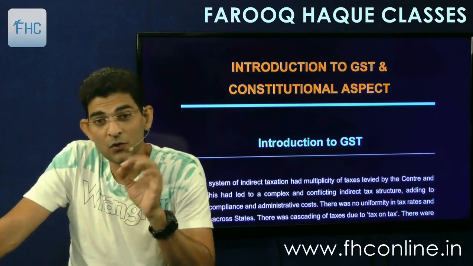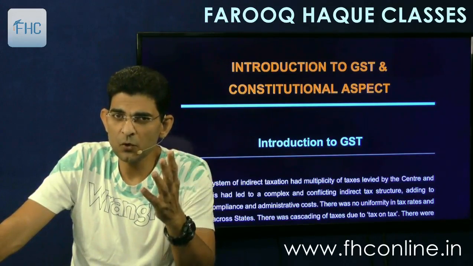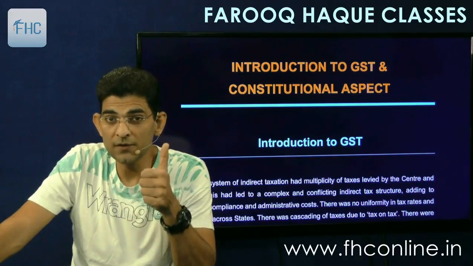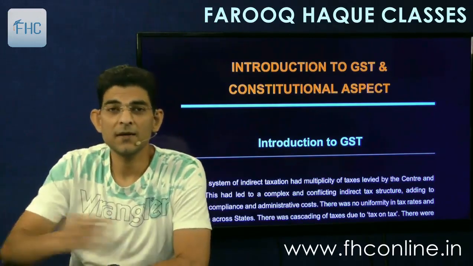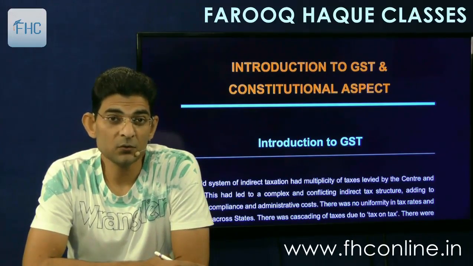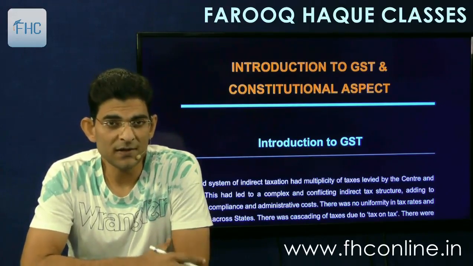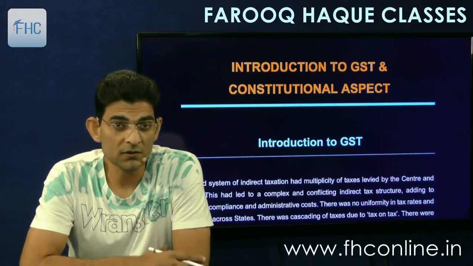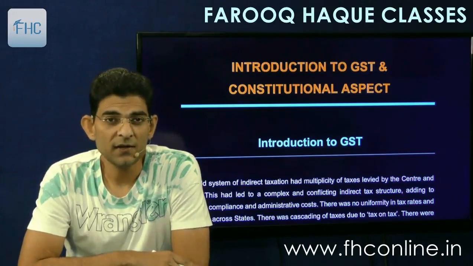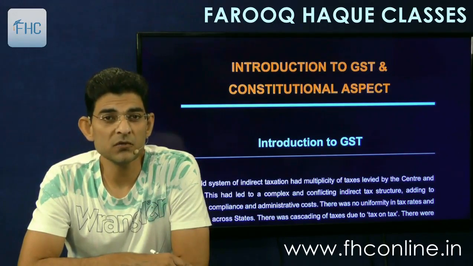In this chapter we are going to study the constitutional aspects also: how the constitution gives the power to the government to make laws, and how the government makes laws using that constitutional authority. Then we'll see a few articles of the constitution itself, which give the power to the central government and the state government to make these laws, what kind of laws can be made, and the division of powers, what the central government can do and what state governments can do. And a little bit in brief about the formation of the GST Council and so on.